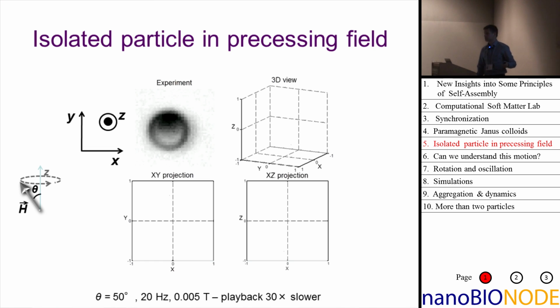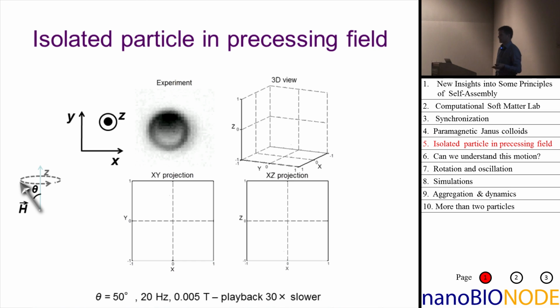So here you see what happens. The magnetic field is rotating counterclockwise, and so is the particle. But the particle is rotating at a completely different frequency than the field itself. In the meantime, the particle is nodding up and down out of the plane. The motion is aperiodic. Of course, I just looped the movie here, but it's actually an aperiodic motion. And you see that the top of the particle is making this funny oscillating behavior.